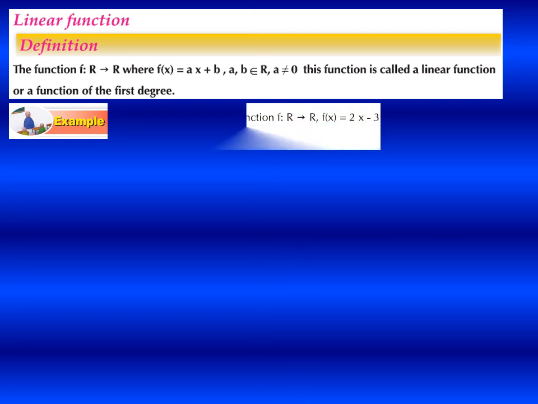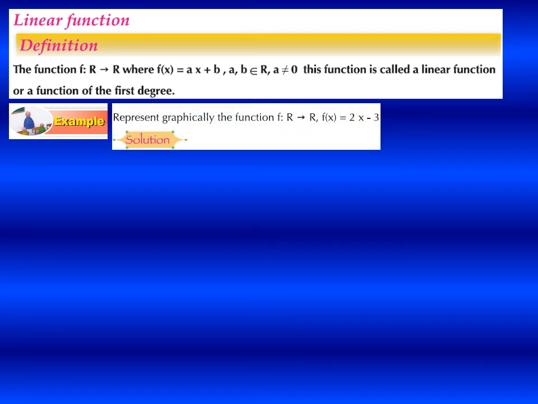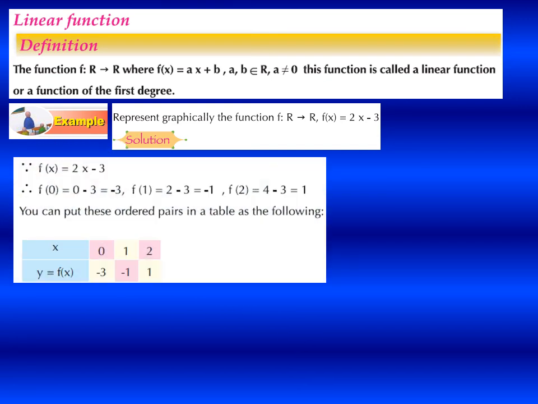Example: represent graphically the function f from R to R, f(x) = 2x - 3. Solution: since f(x) = 2x - 3, we can substitute x by any three values. We can put 0, 1, and 2 and substitute x by them. Then